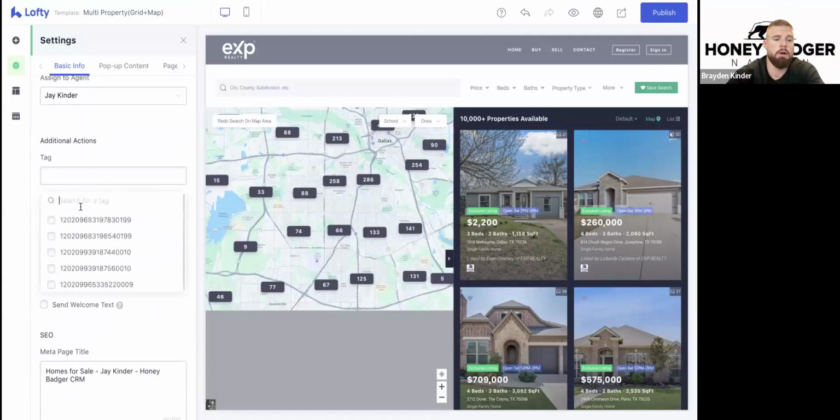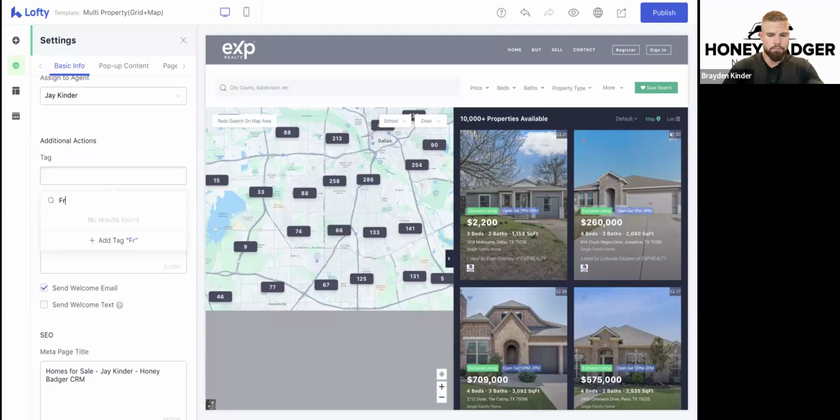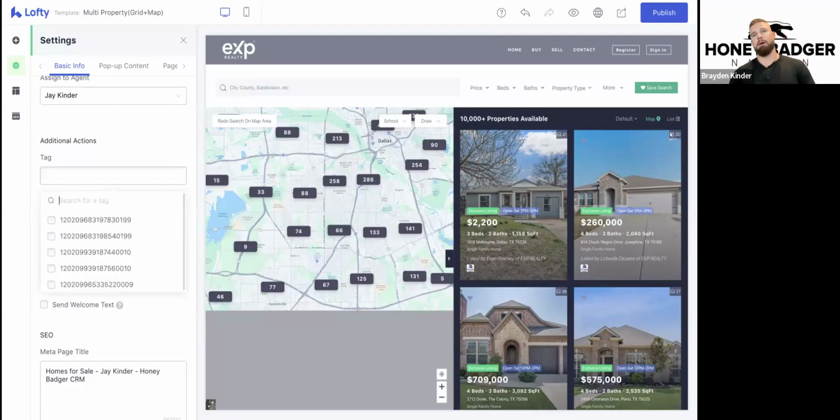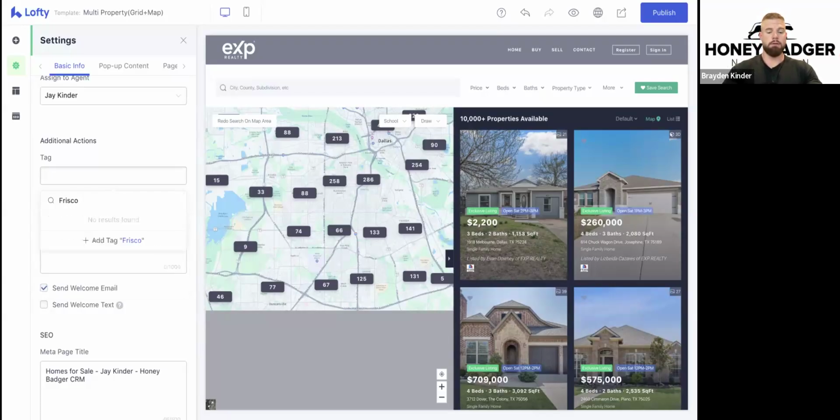Okay, so here, this was what I wasn't exactly sure on, but I did find it pretty quickly, so I think we're good. So Frisco. Actually, I believe the way we do this in Lofty, again, is we would want to mimic or replicate that same tag, right? So I think it's new construction. No, okay, so it is location. So Frisco, I just don't think we've ever run any ads or any leads into this system for this funnel or this location. Frisco new construction,